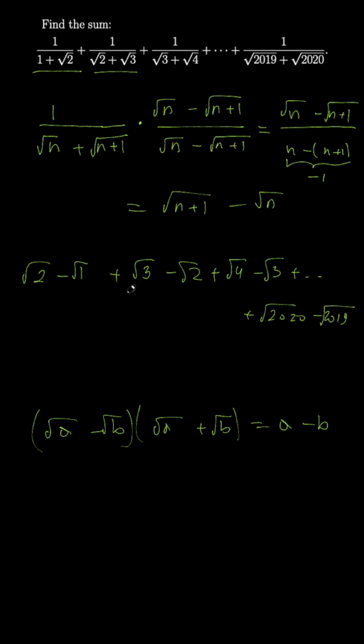So what we can see here is the numbers are repeating with plus sign and minus sign. They'll just get cancelled, so they make 0. So square root of 2 minus square root of 2 makes 0. Square root of 3 minus square root of 3, it makes 0. Square root of 4, and somewhere over there, minus square root of 4. So in the end, we are left with the last one, square root of 2020, because it appears only once, and square root of 1 minus 1, it also appears only once. So the